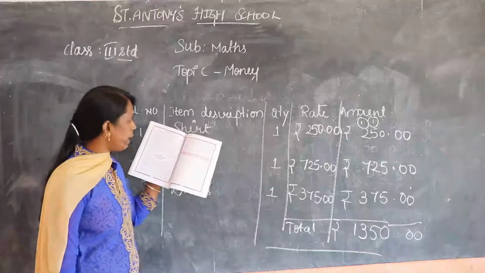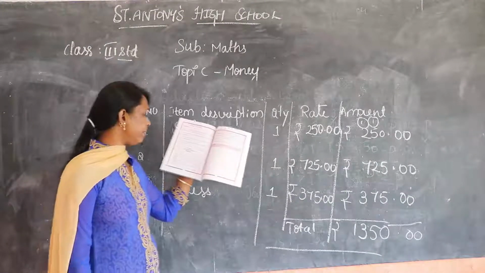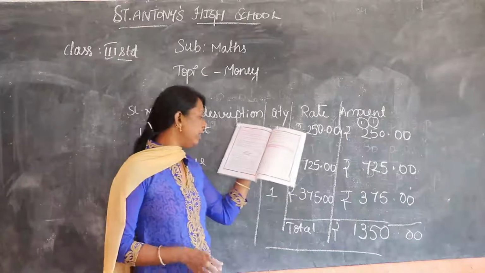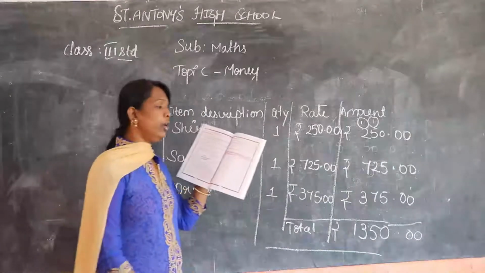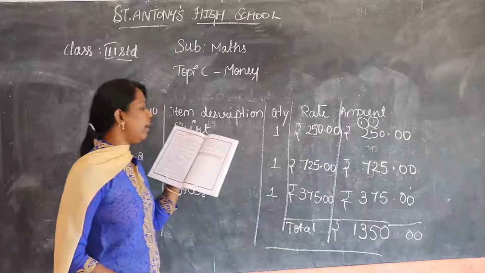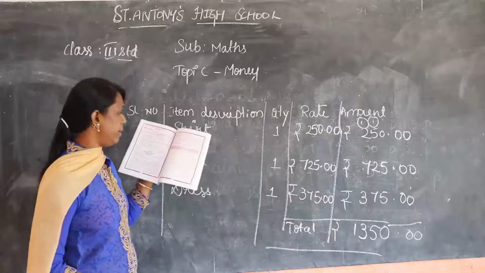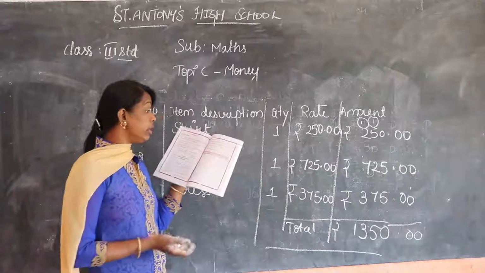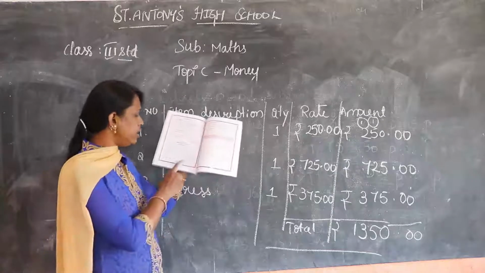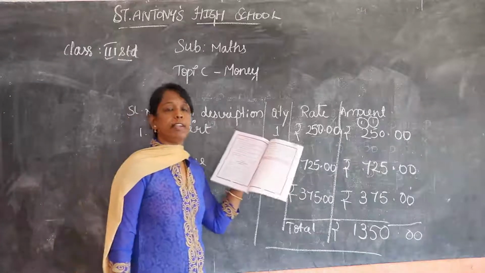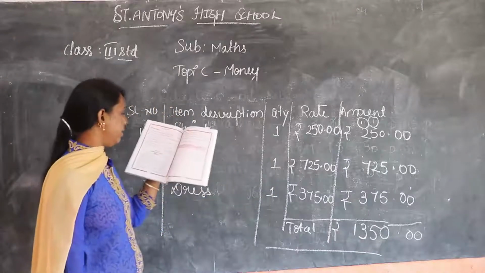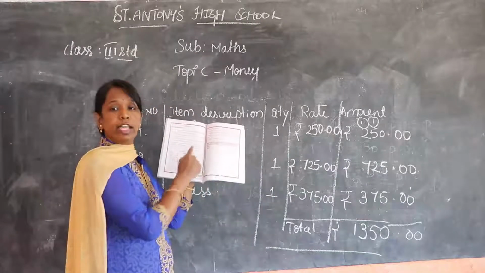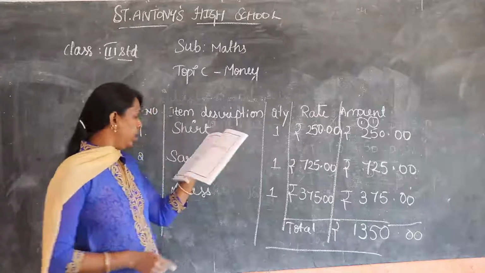What is the cost of one handkerchief? Handkerchief rate is, so they have given 10 rupees. Okay, so you have to write in the third one, rupees 10. What is the total amount to be paid to the shopkeeper? So the total amount is rupees 572. And then what is the receipt number? Here from the left side they have mentioned the receipt number.